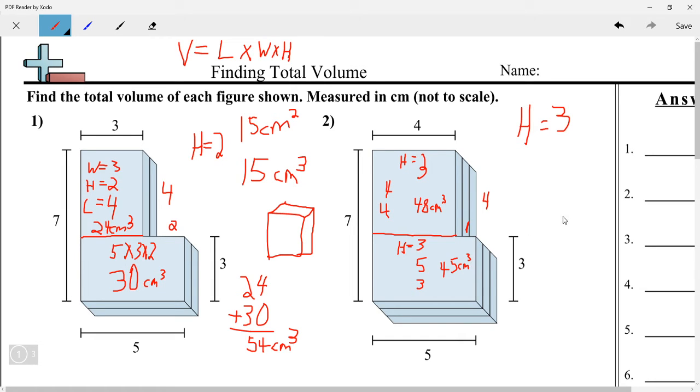cubed. And 48 plus 45 equals 93, I believe, because 45 plus 45 is 90. 8 plus 5, 3. 1 plus 4 is 5, plus 4. So we have 93 centimeters cubed. Now, what I'm going to do now is show you that we can actually